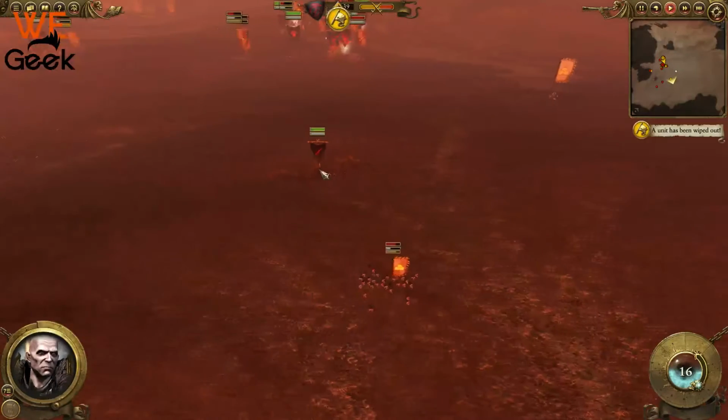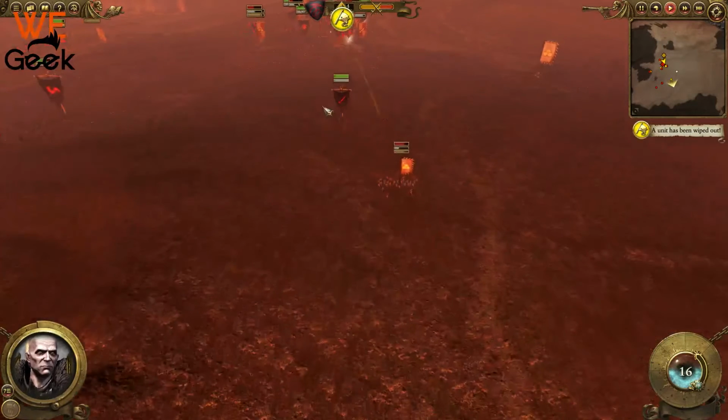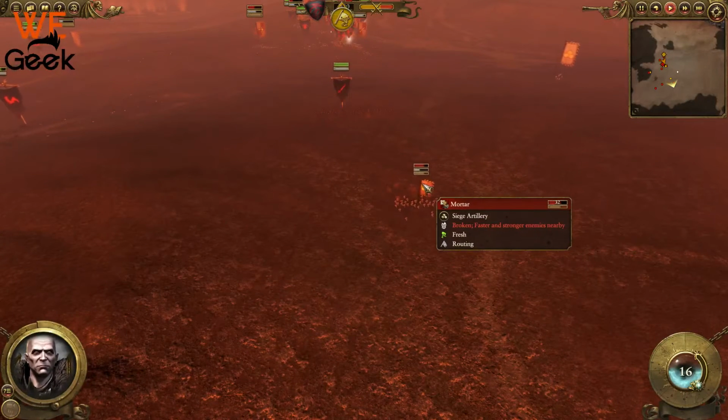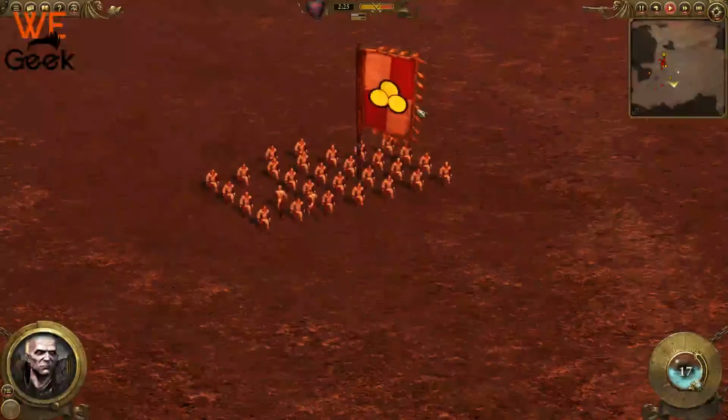Bad micromanaging on our part. Heavy Graveguard unit we could be using up here to wrap things up. And you see that there, we realize it. We don't need to be chasing down these mortars. They don't have their artillery units anymore. You know, they're starting to come back here, but they're just a...